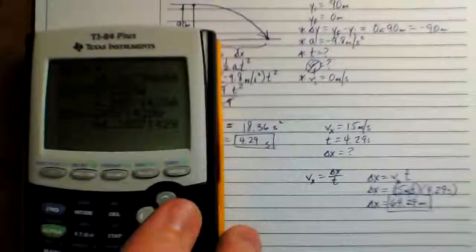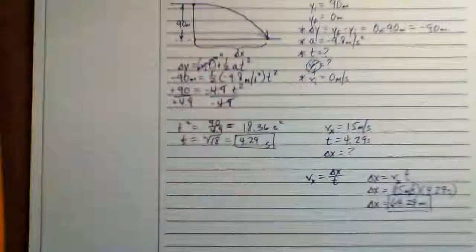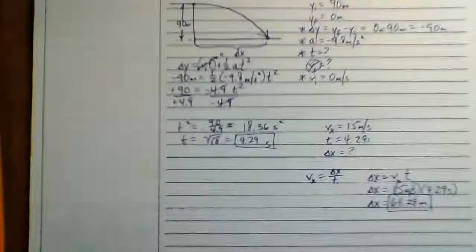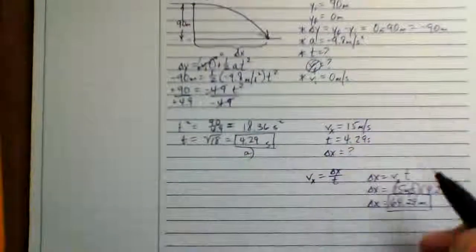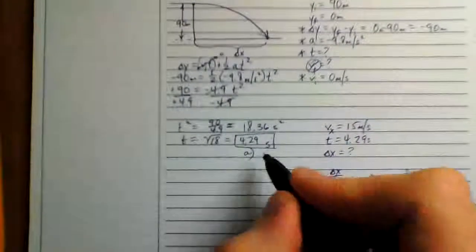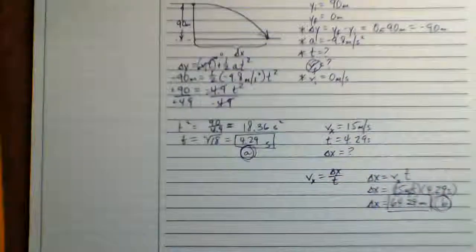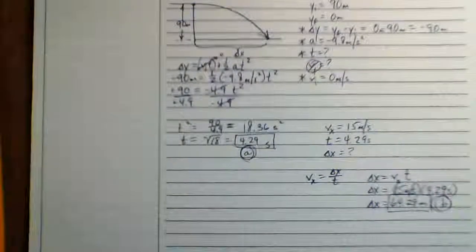I'm going to go ahead and jump into C now. C asks, what is the velocity? And that includes the magnitude and the direction of the stone when it strikes the ground. So I'm going to label this A, that one B. All right, and if we want to know C, what the magnitude and direction of the stone when it strikes